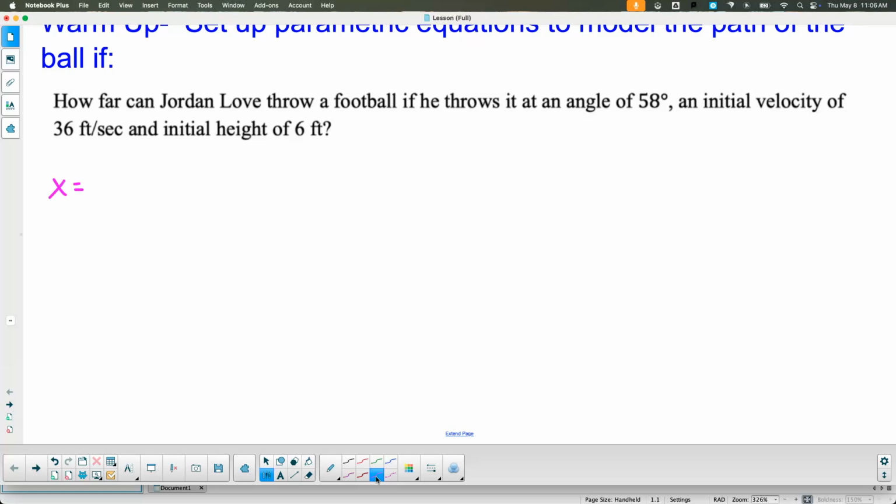What do we got for the X equation to go along with Jordan Love throwing the football? X equation. 36 cosine of 58 degrees times t. Okay, what do we got for the Y equation? Negative 16 t squared plus 36